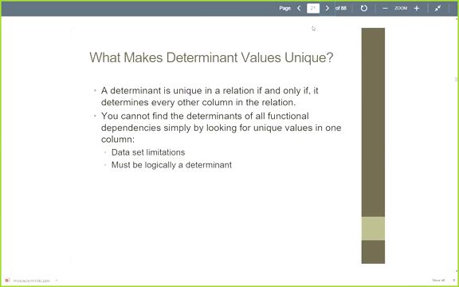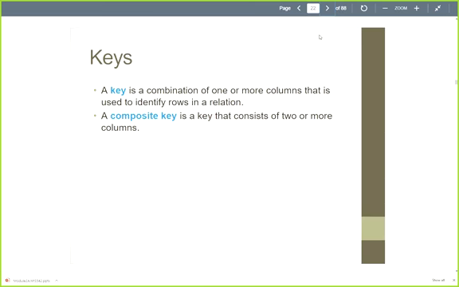Okay, so the goal is to make sure that the value is unique, and so we can identify determinant. The terminology called key is designed to describe that particular concept. And this particular statement is important. I'll try to highlight this a little bit. So it's combination of one or more. So this word is important in terms of for you to know